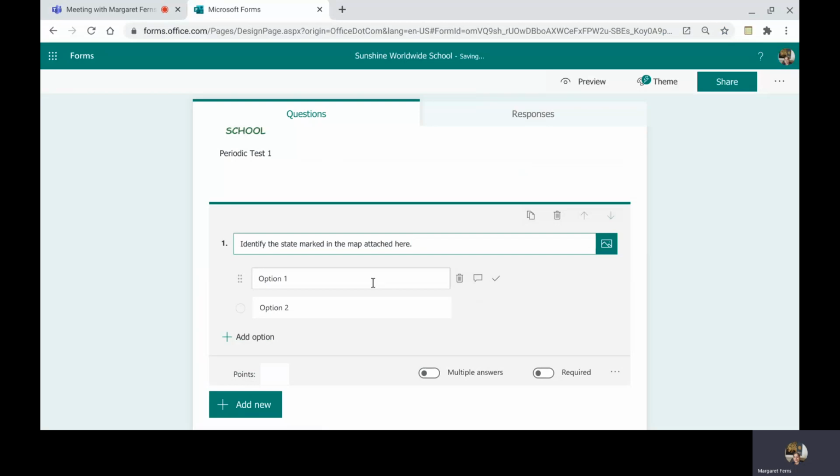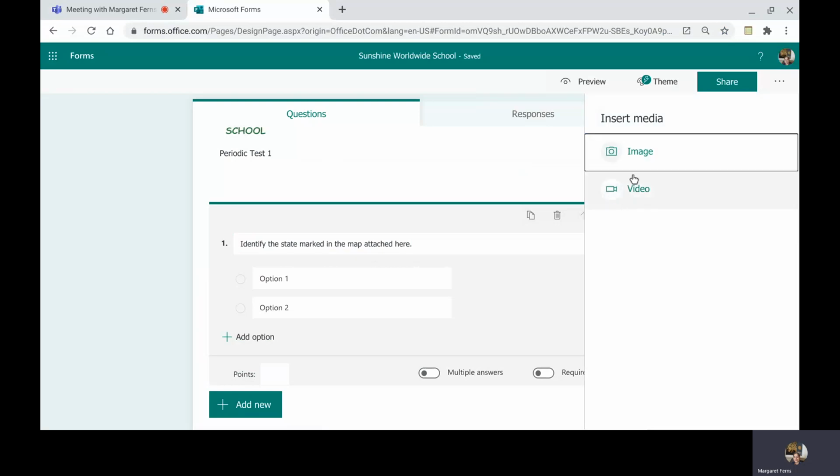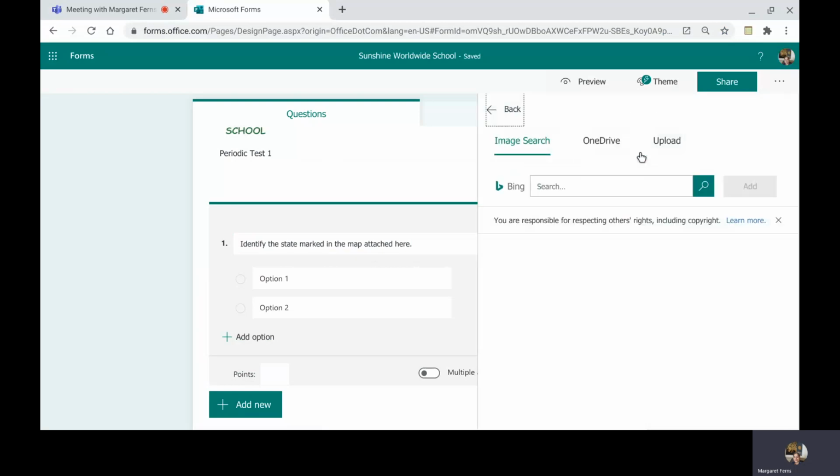So this is a very simple question that I've placed. Identify the state marked in the map attached here. So I can write the question here and I can have an image attached for them to identify it. For example, let me take an image. Now this time I am taking an image and I'm going to take it from